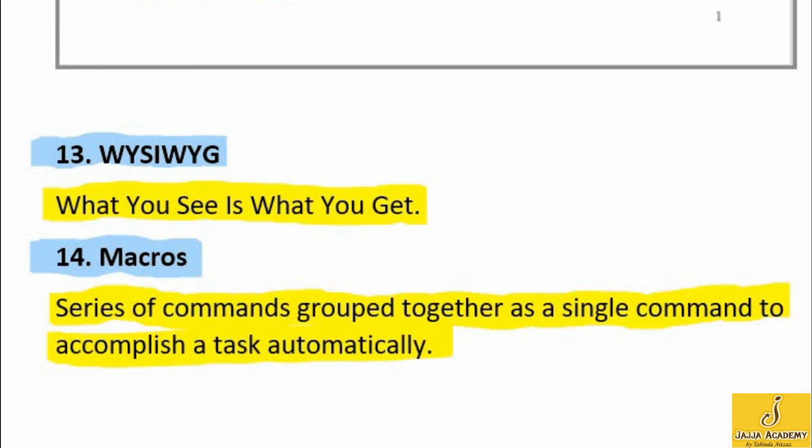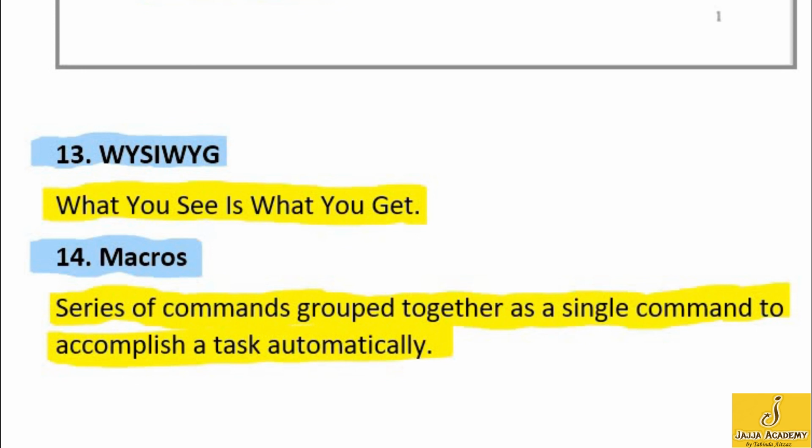So whenever I want to execute those 10 instructions, I will type a single command, and in response to that single command, all the 10 instructions will be executed. So macros save a lot of time for repeating the same task again and again by writing a single command.